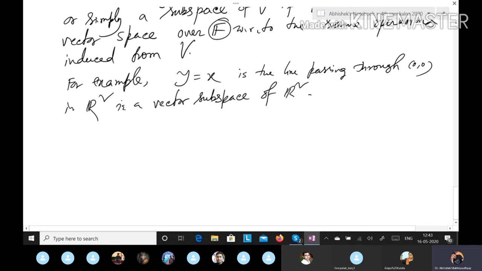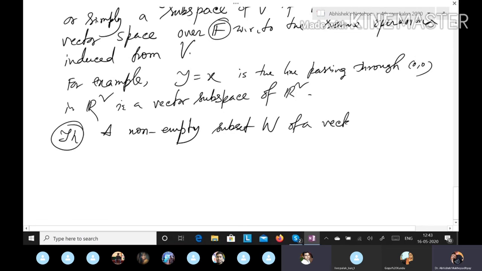What are the conditions? The next theorem will state these conditions. That is, a non-empty subset W of a vector space V is a subspace of V